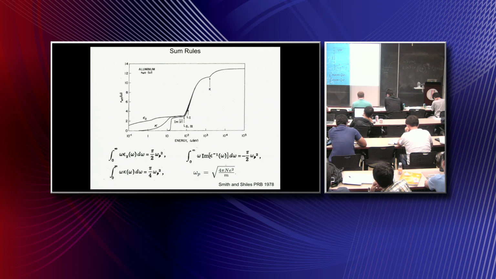Where omega p squared is just, again, always my N e squared over m, which is the so-called plasma frequency, okay? Good, now,